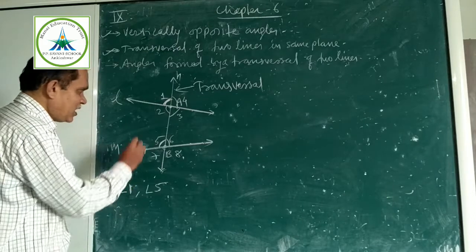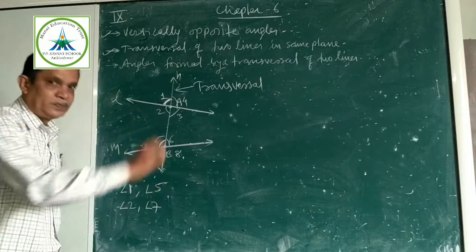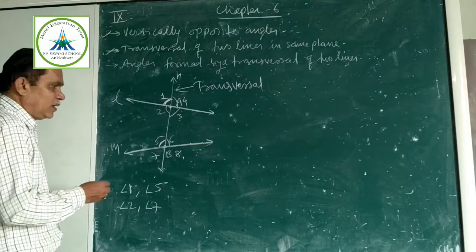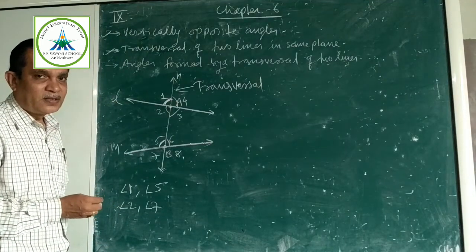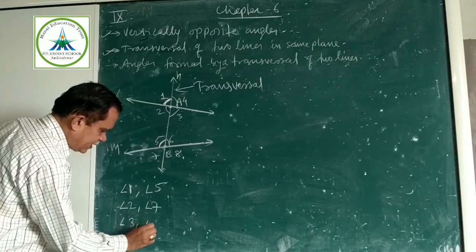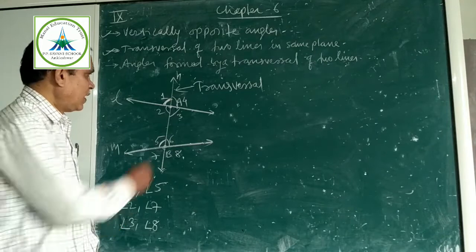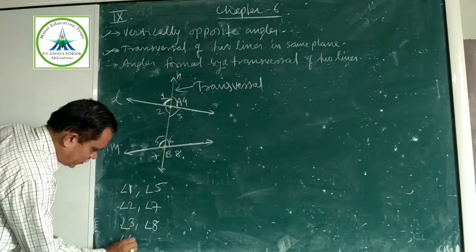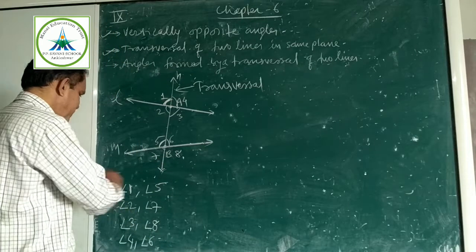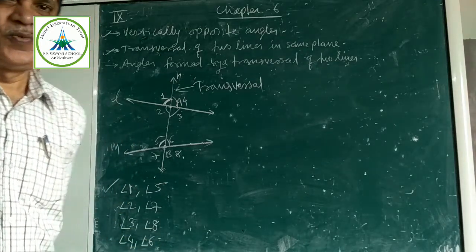Yes, I know some students have noticed. Now see, I am writing another one: angle 2, angle 7. Does anyone think of another? Very good. Angle 8, angle 3, or angle 3, angle 8. Again, angle 4, angle 6. Very good. See, if I wrote one pair, you could write 3 more similar pairs from the same diagram.